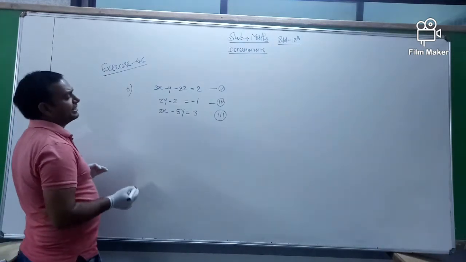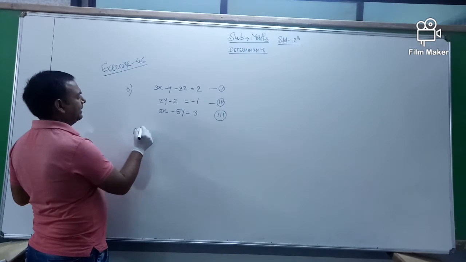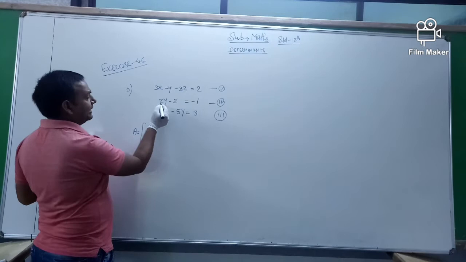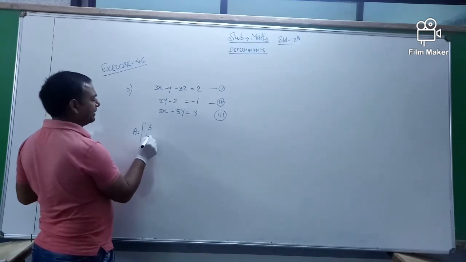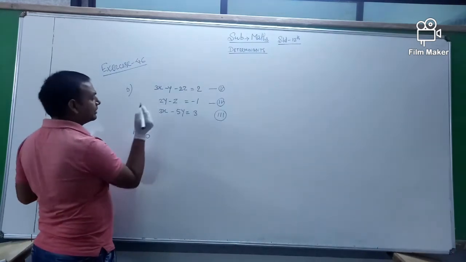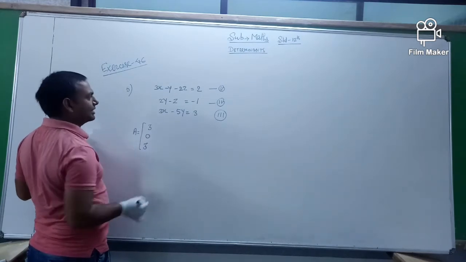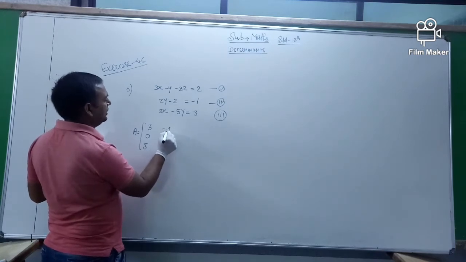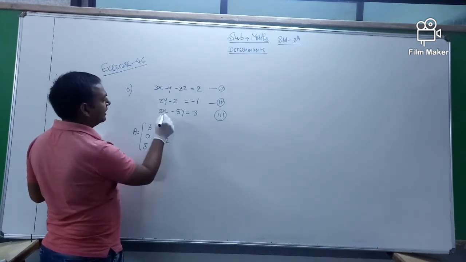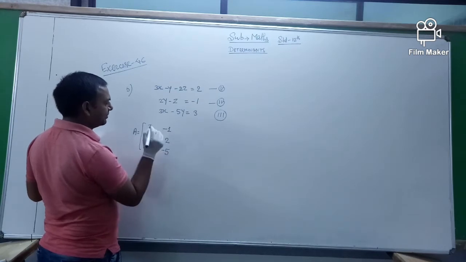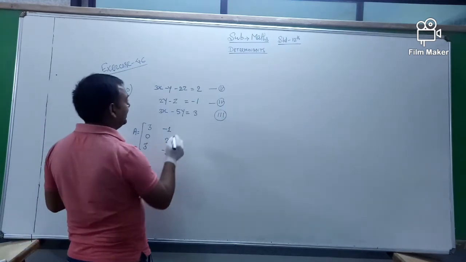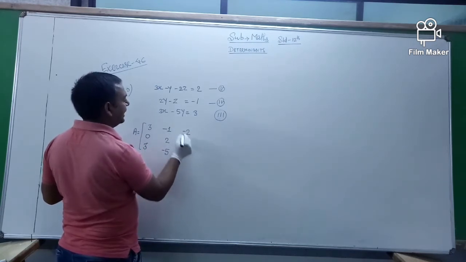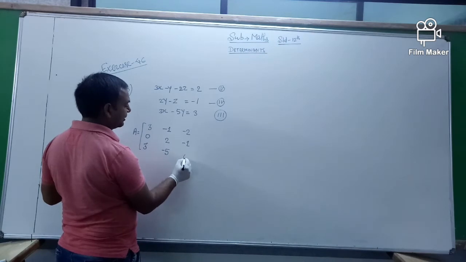So first I take the matrix A and the coefficient of x. Here the coefficient of x is 3, here there is no term of x, so the coefficient of x is equal to 0. In the third equation the coefficient of x is also equal to 3. Then take the coefficient of y: this is minus 1, here is 2, and in the third equation minus 5. Then the coefficient of z: this is minus 2, here minus 1, and here there is no term of z, so the coefficient is 0.